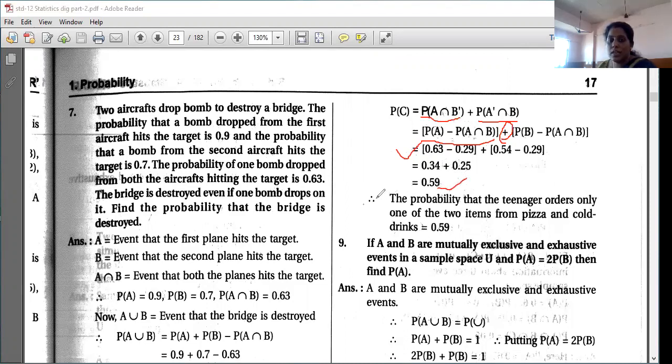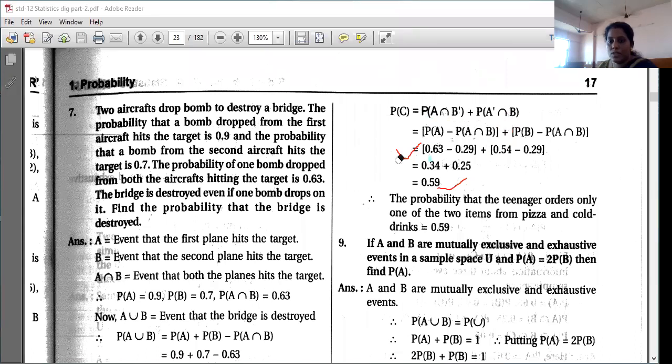Right. So this is the answer of your 8th sum. Okay. So this is also the 7th and 8th sum. I told you these two sums are important. So please tick mark them as important sums. Right. Now we'll see the next question. That is your 9th one.